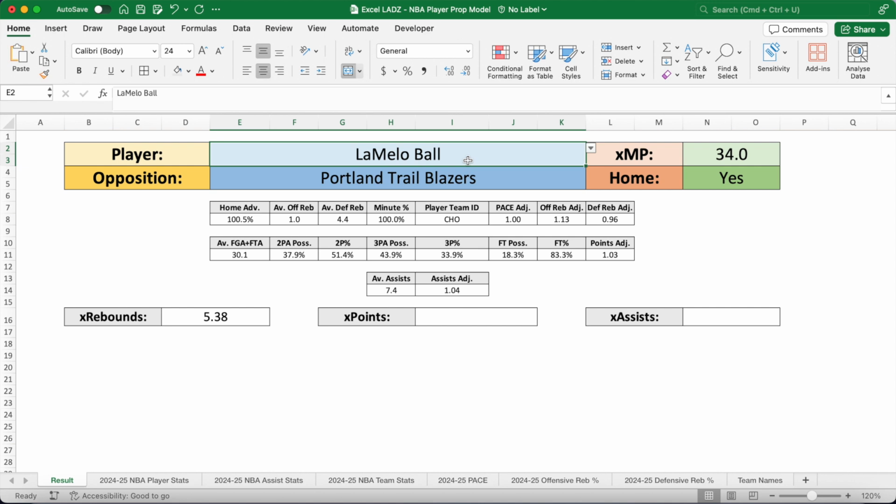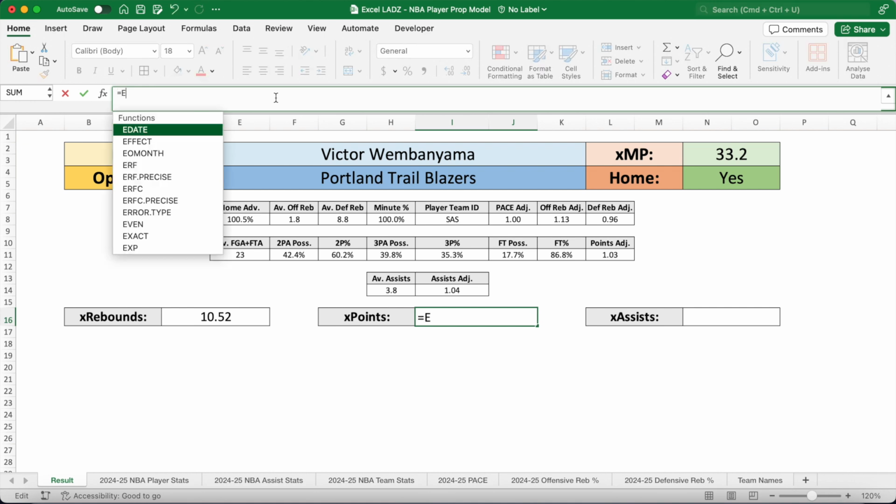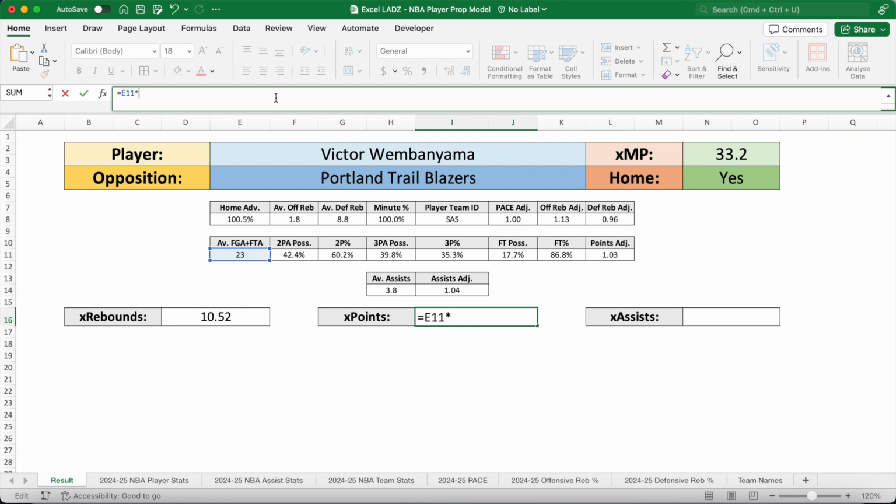If I change the player to somebody who averages a lot of rebounds like Wembanyama, then the rebounds figure will adjust. Now I can type out the formula for the expected points, and that's equal to the number of shots that player averages in E11 multiplied by the point adjustment in L11 multiplied by E8, the home advantage, multiplied by H8, the minute percentage, then finally by J8, and then you're multiplying that in a formula within brackets, which is equal to F11 multiplied by G11 multiplied by 2 plus H11